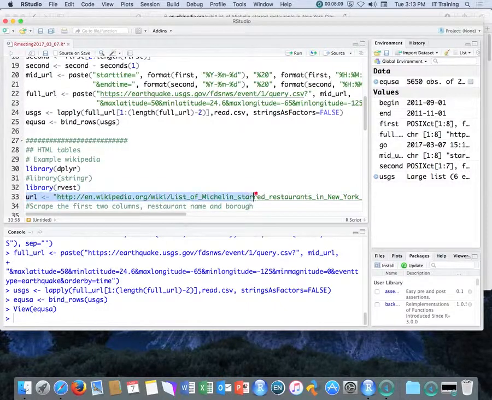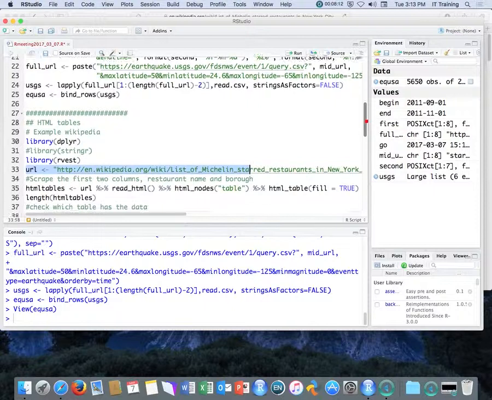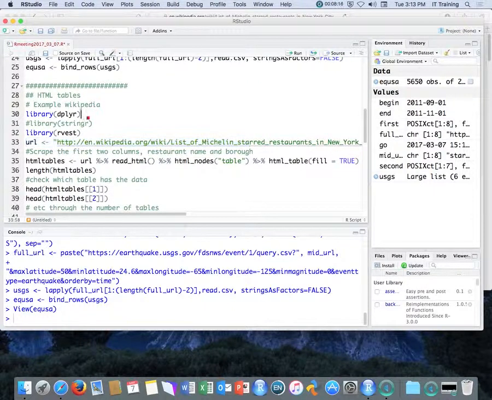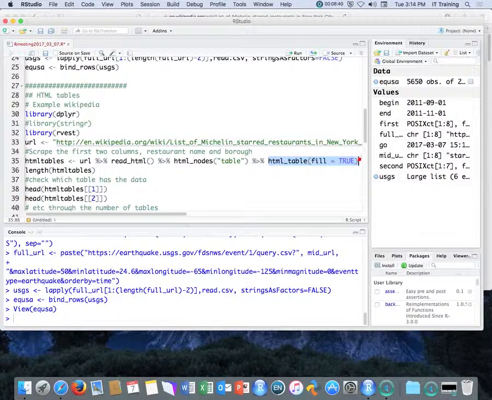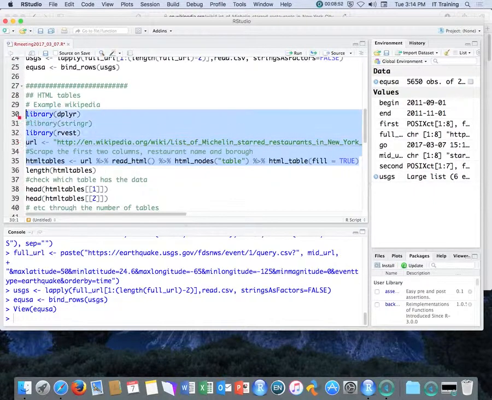So I can say, here's a web address. For those not used to dplyr, the kind of workflow analysis tool, you pipe together several steps. So I go, here was the web address. For that web address, read the HTML, then take that, find the HTML nodes that are tables on the page, fill in the blank details on the tables, because that's the big problem with things on Wikipedia. You only get the first entry and then it's blank for the next ones down, and store that in a list called HTML tables. So I run that,